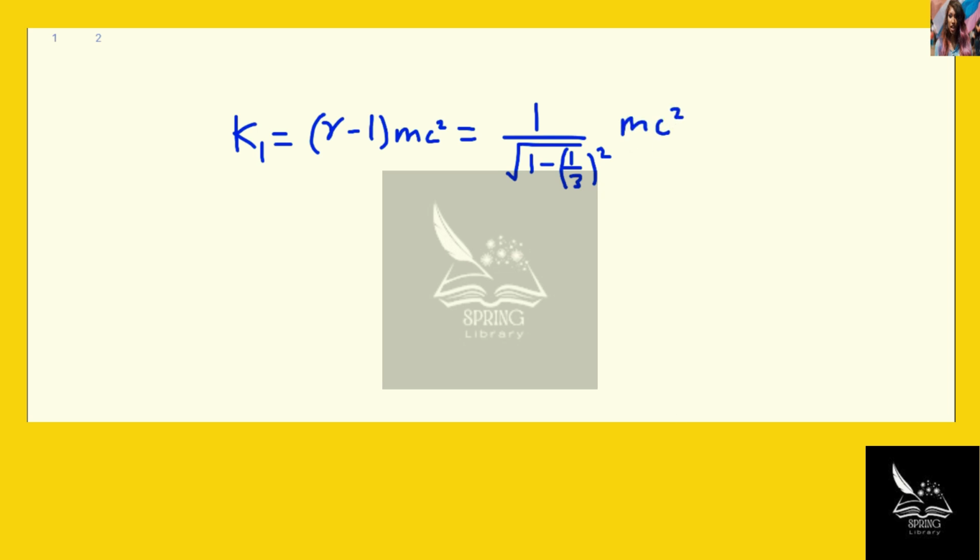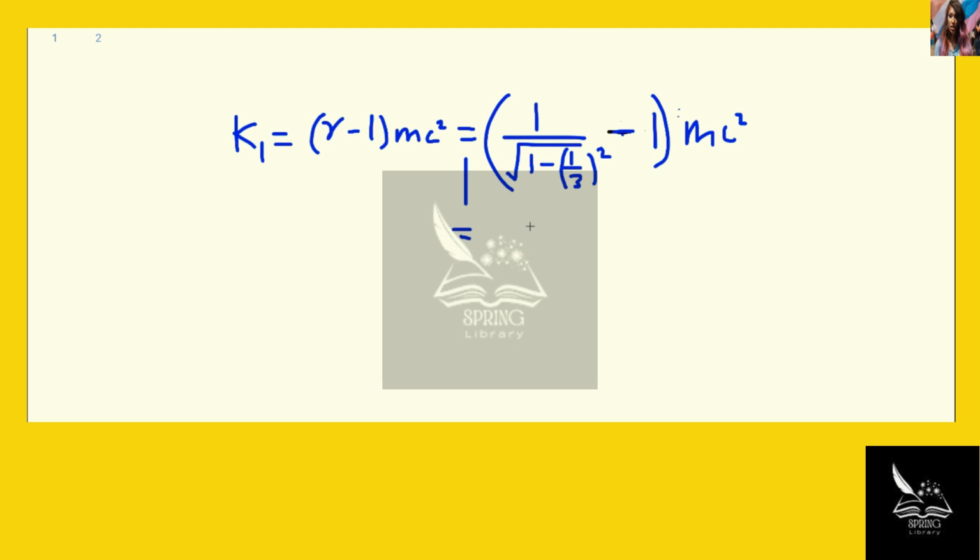Oh, pardon me, there's a minus 1 over there as well. So this minus 1 times mc squared,